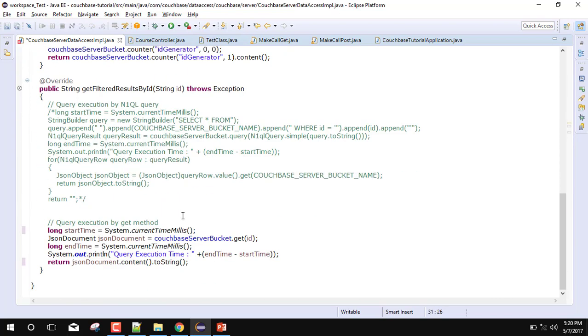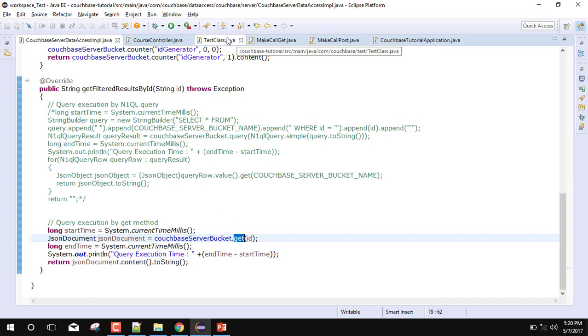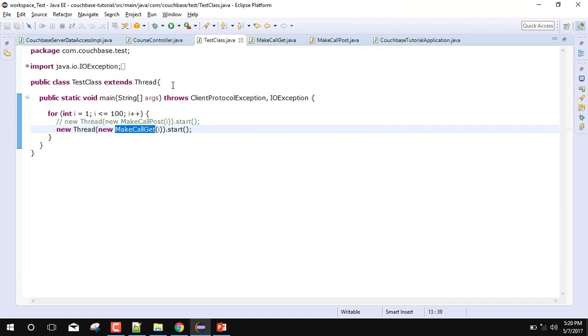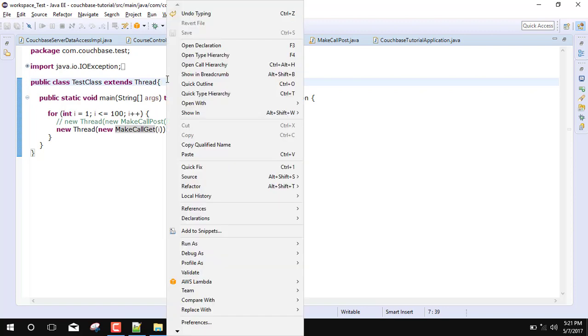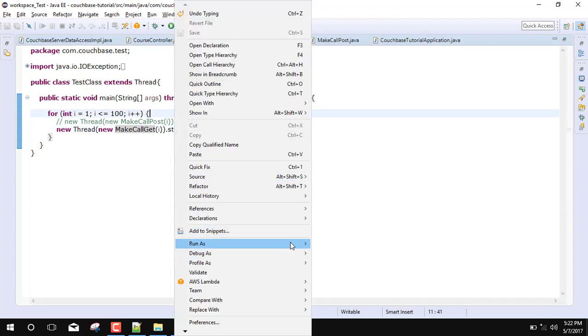So we can directly fetch with the help of this ID, and the document will be fetched from the bucket. And then we will note the execution time with the help of this bucket ID. So let's test this application and make again 100 threads for executing this get call. Let's clear it and run the 100 threads for this get method.